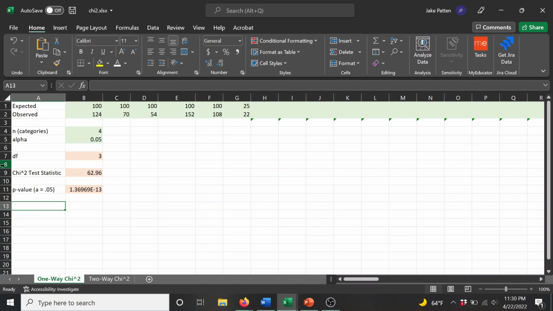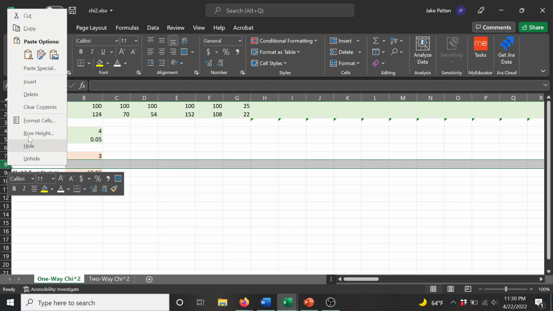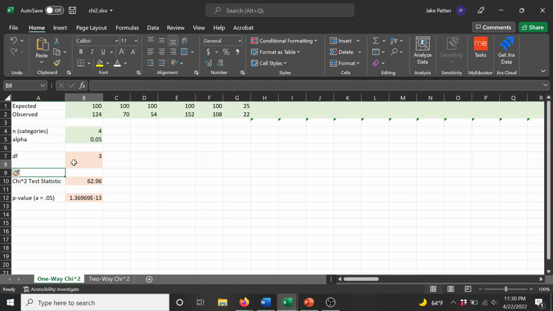So I'm going to insert the value that we're looking for right here. So this is going to be chi-square critical value. And now that we have alpha, all we have to do is type enter